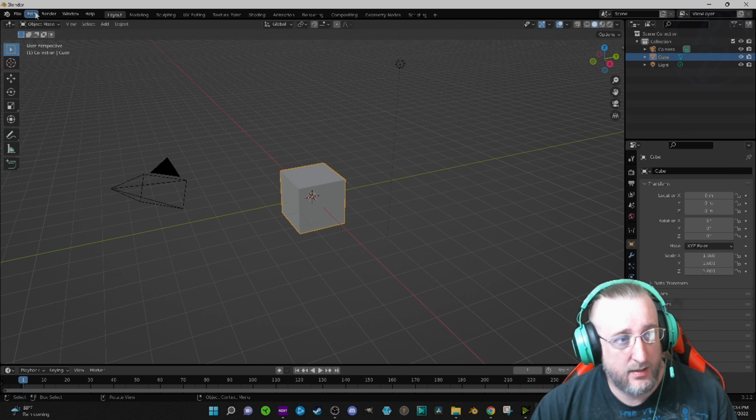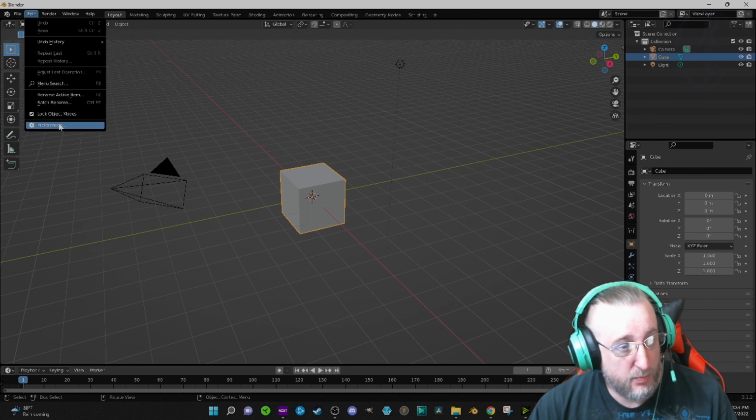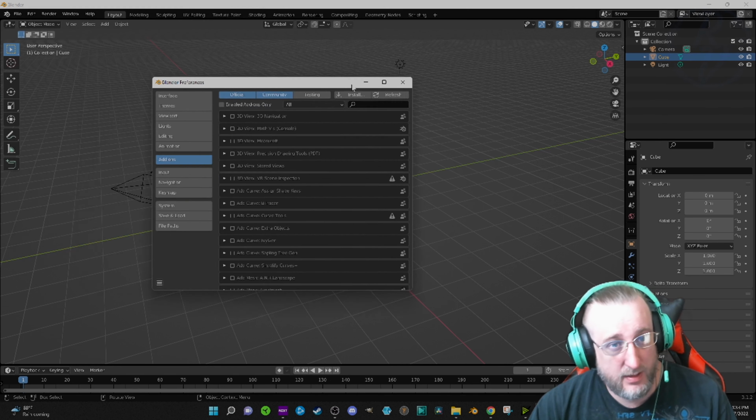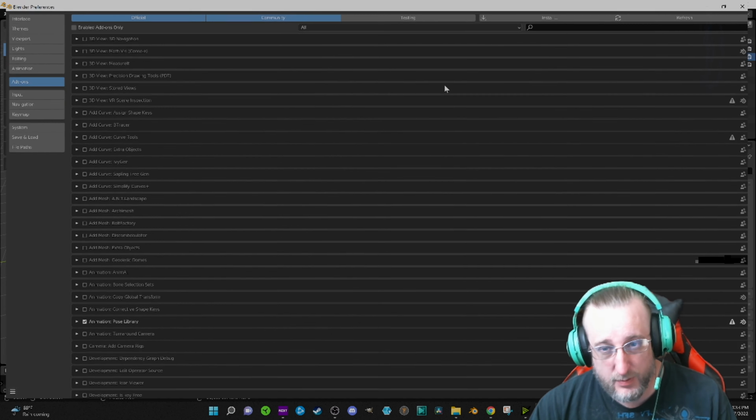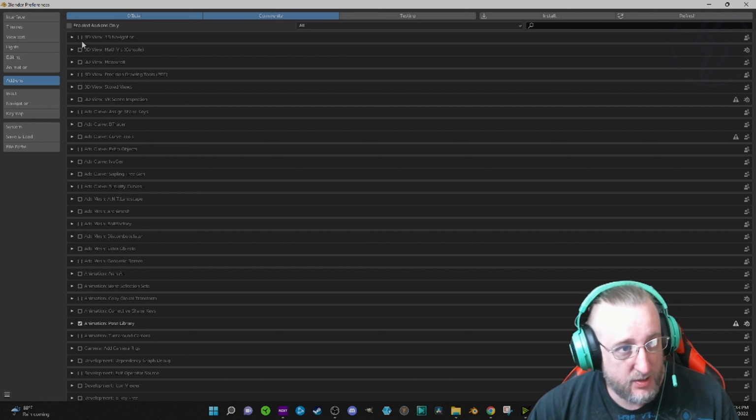I'm going to come up over here to where it says edit. Then I'm going to go to preferences. That's where they have moved it. I'm going to move this up. Let's actually full screen this so that we can see what's going on over here. Bunch of small stuff I see,